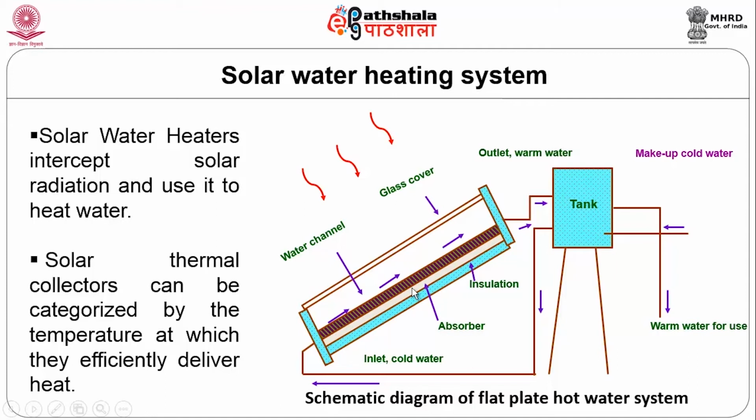The absorber coating is a black coating so that the heat conductivity can be increased. This is about insulation: all sides and directions have to be insulated properly so that there is no waste of heat energy. And here the solar energy is penetrating through the glass cover,